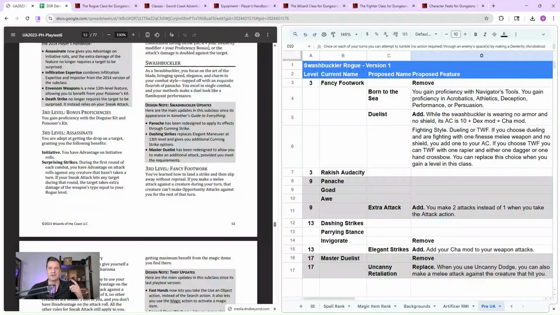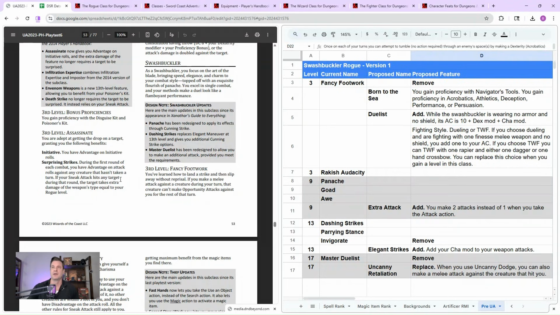Okay, up on the screen here, I've got on the left the Playtest 6 for the Player's Handbook for 2024 that we got in 2023. And this is the last version of a UA that we saw for the Swashbuckler, okay? And on the right, I've taken all the ideas that we put in, I've merged it with this version of the Swashbuckler and tried to boil it down to some sort of middle ground of still leveraging the cool ideas we had, but making it simple enough to play, not too complex, and also trying to keep in line with what appears to be their thinking, the latest version of their thought process and design approach for the Swashbuckler that we saw here.